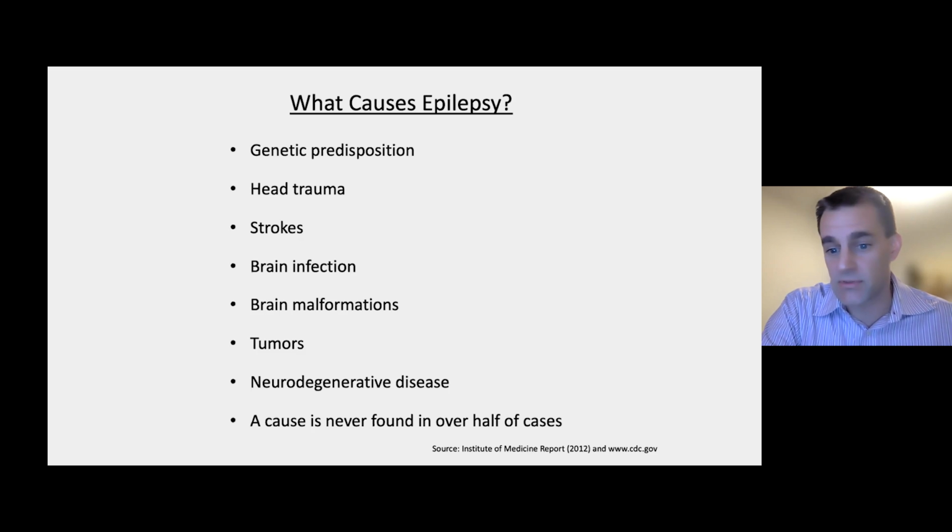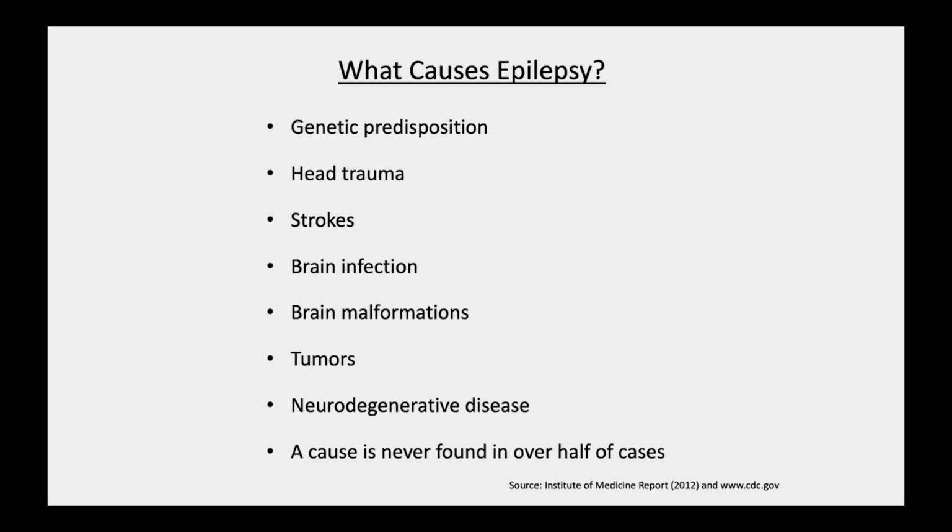One thing that is increasingly known now is that there can be a genetic predisposition to epilepsy. Sometimes there's a mutation in a single gene that can cause epilepsy in a given patient. But a lot of other times it might just be a predisposition. So maybe there are a couple of genes that might put somebody at higher risk to get epilepsy. But there are many, many other cases of epilepsy where we have no idea what the cause is, or they have